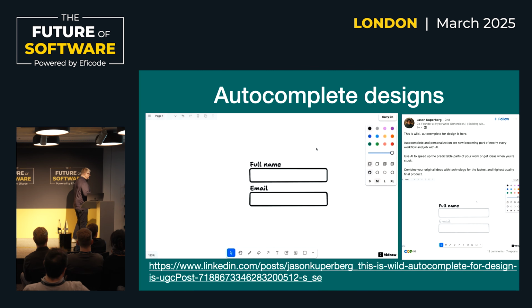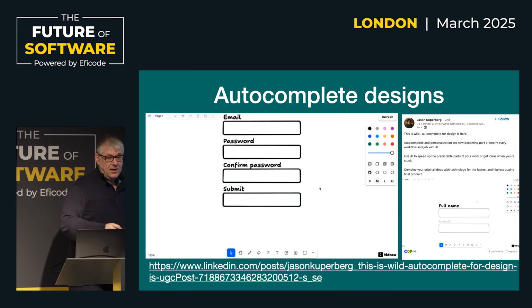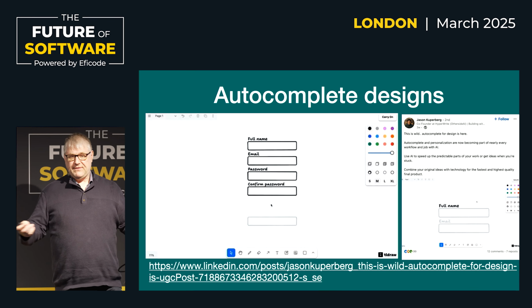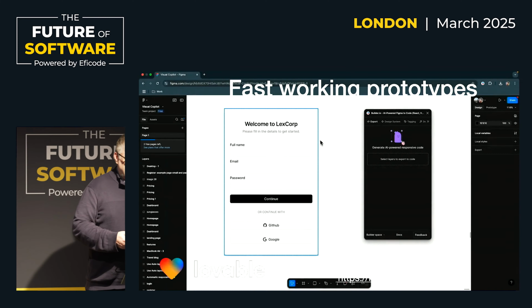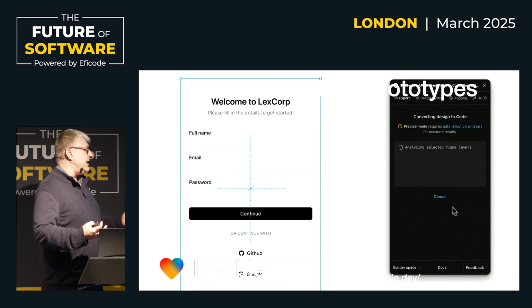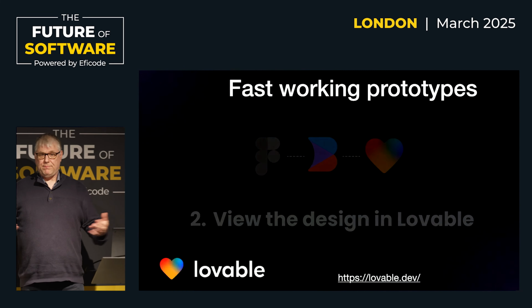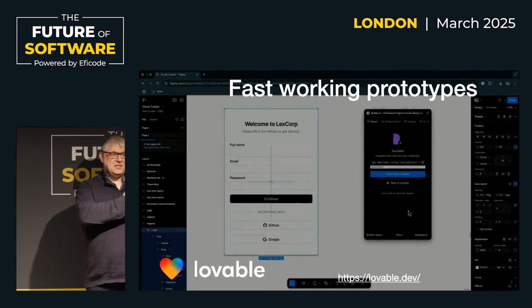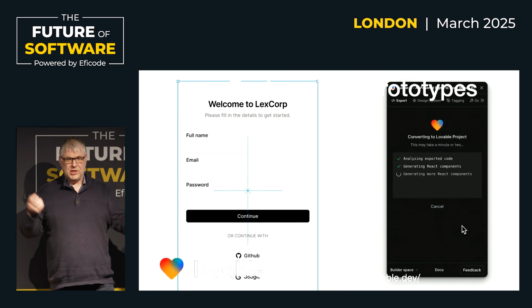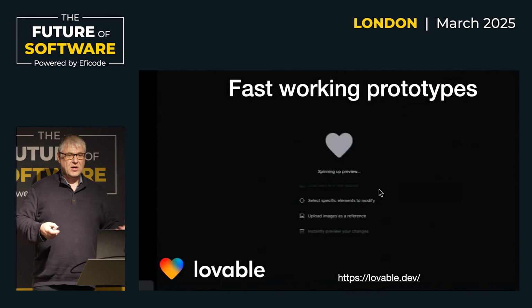We can do complete designs, right? Because discovering what is a good design, what people actually want, have a few of those generated. With Lovable, one of the typical things is it's becoming so easy that you don't have to be a coder, but you can have working prototypes sent to your customers way faster for actual end user feedback. What do you want? Is this a good idea or not?